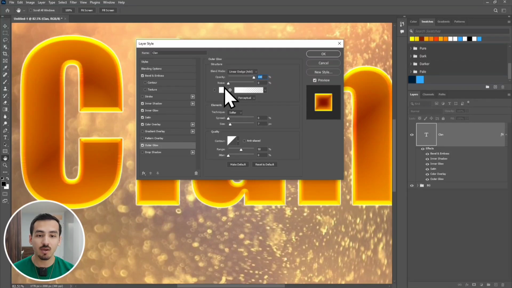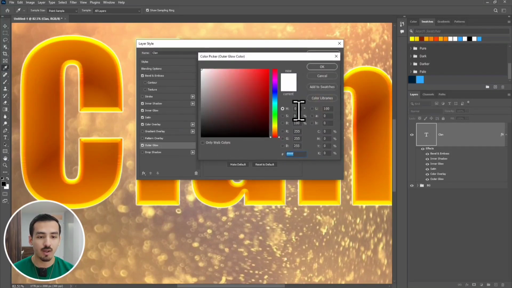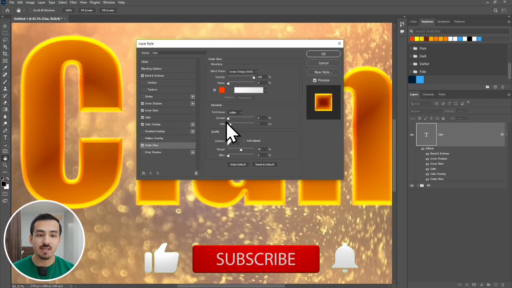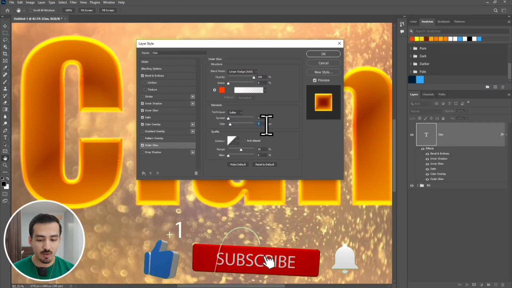You don't need any noise, and change the fill type from gradient to solid color. The color of this one should be 15 hue, 100% of saturation, and 100% of brightness. Press on OK. Now for the elements, technique should be softer, spread 0 pixel, and size should be increased to